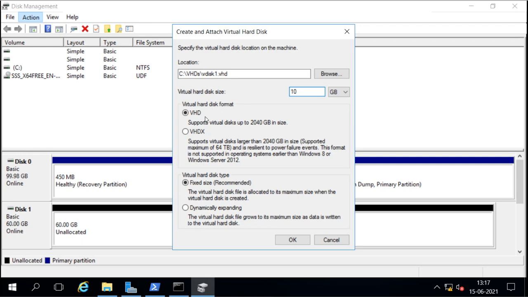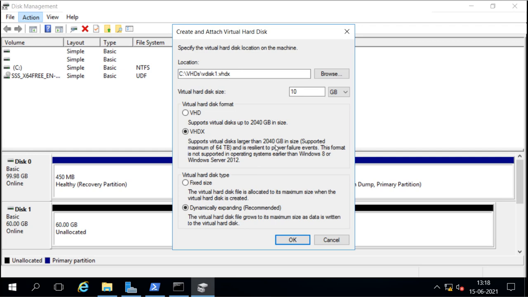But when I select VHDX, you can see the extension is changed to VHDX. Now this supports virtual disks larger than 2040 GB in size, a maximum of 64 TB, and is resilient to power failure events. That means if a power failure event happens, this virtual disk has fewer chances of going corrupt.